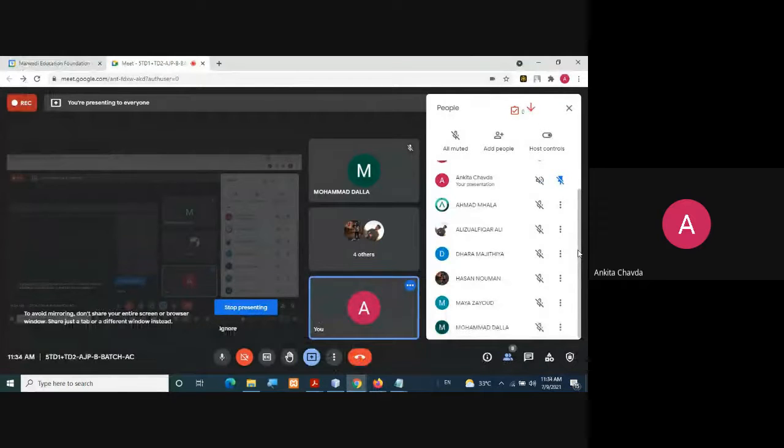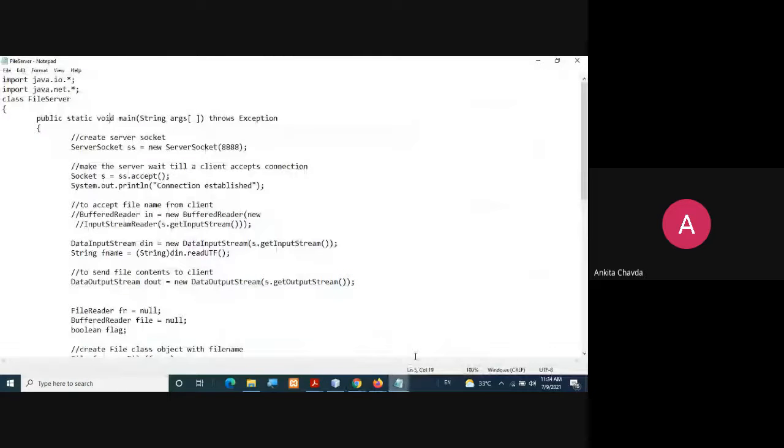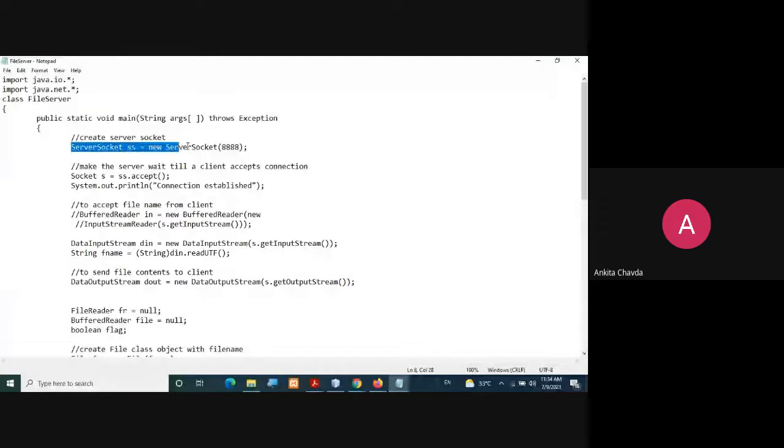Yes, ma'am. Okay. So here I have created one class file, Server. Inside public static void main, first we are creating the server socket object: ServerSocket ss equals new ServerSocket, with any port number on which your server is listening for requests. Then Socket s equals ss.accept. Once your request has been accepted, on the server side it will create another socket for you. Then we will simply print that the connection has been established.